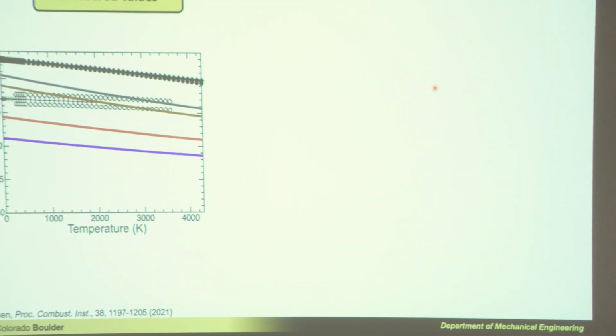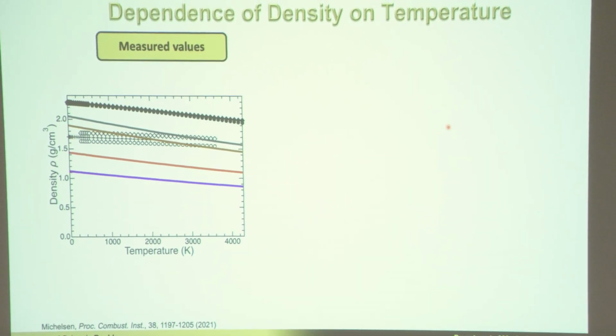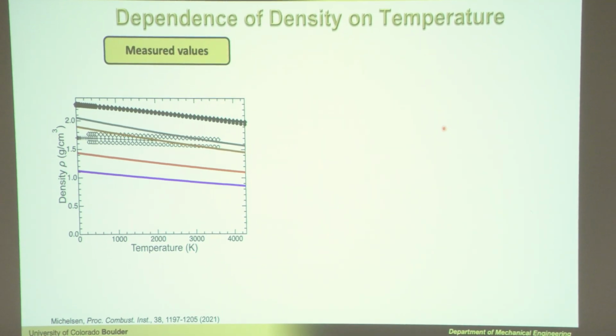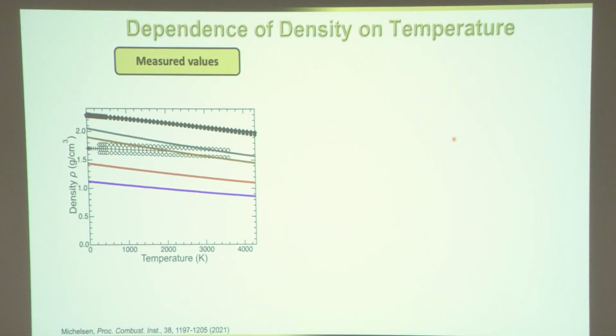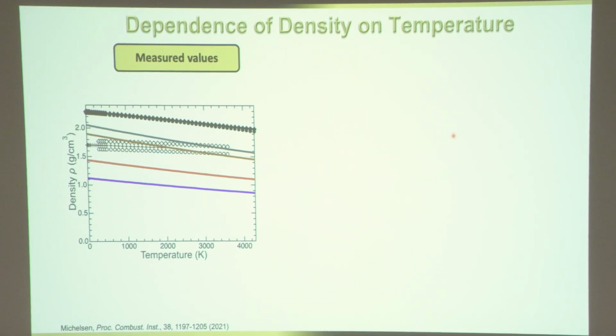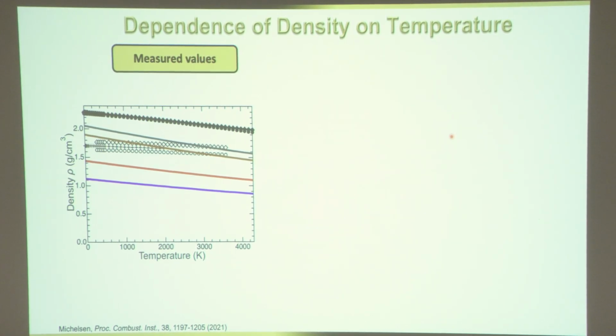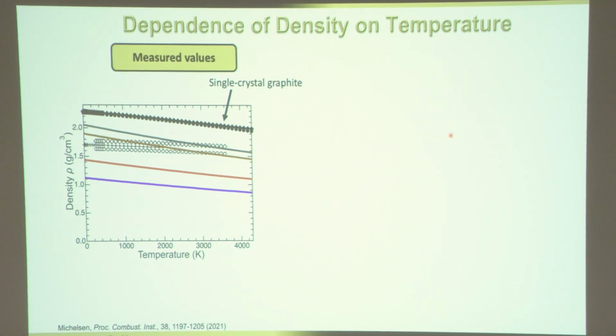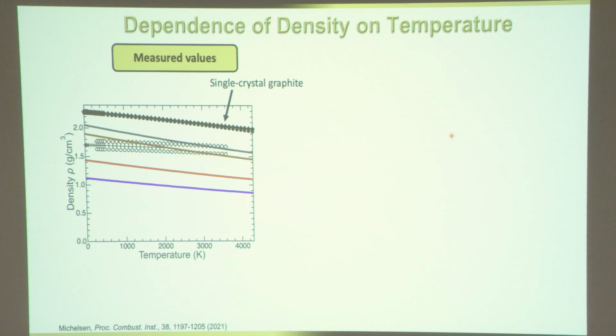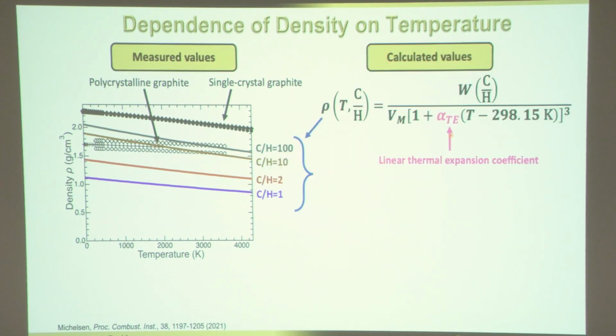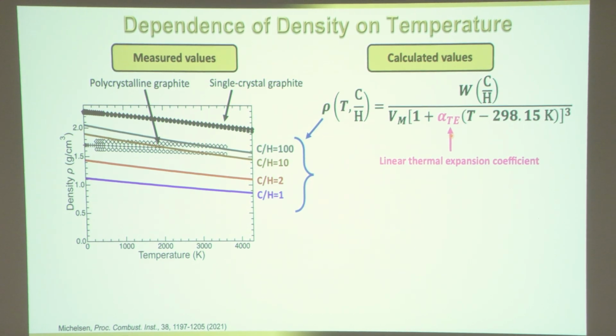So here's density as a function of temperature for graphite, for polycrystalline graphite and for single crystal graphite. And you notice that we actually have a relationship. This is all tied to the thermal expansion coefficient. The thermal expansion coefficient will tell you how much a material expands when you heat it up. That is tied to density, right? It's just one over density. I shouldn't have put so many animations in here. Okay, so this is the relationship we have